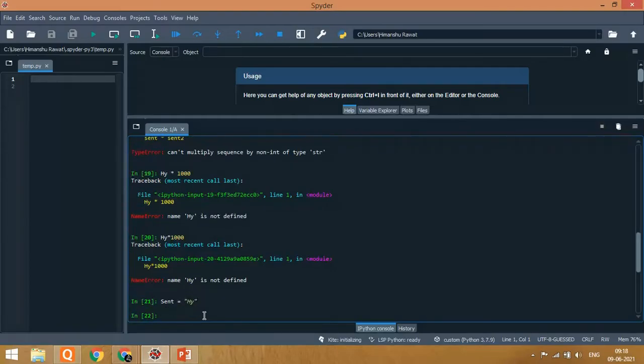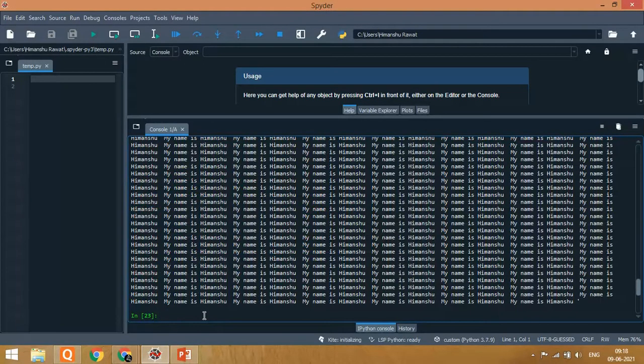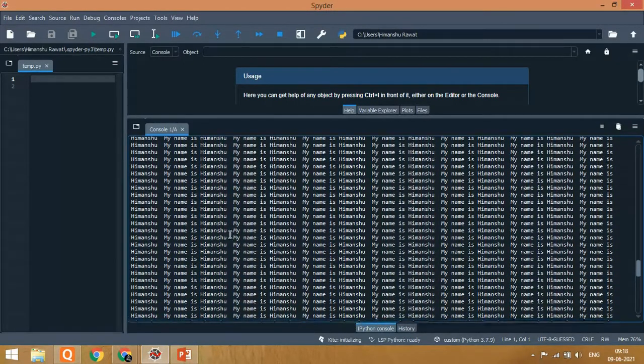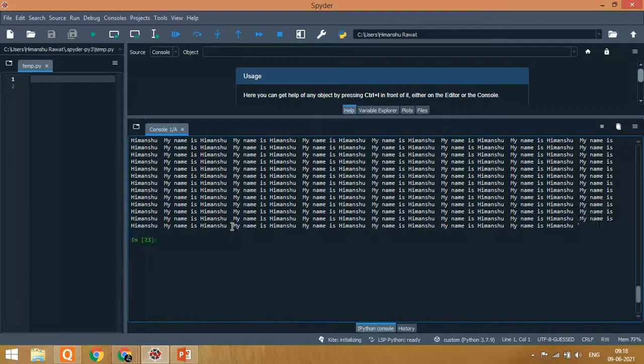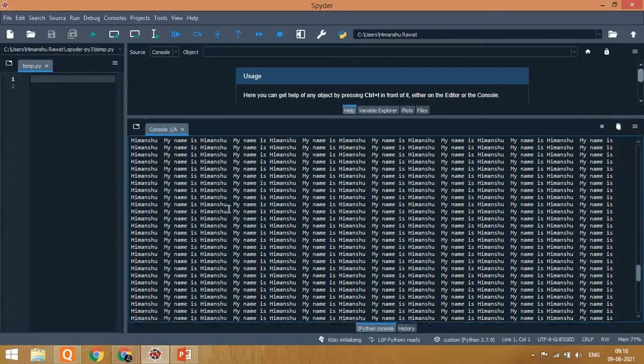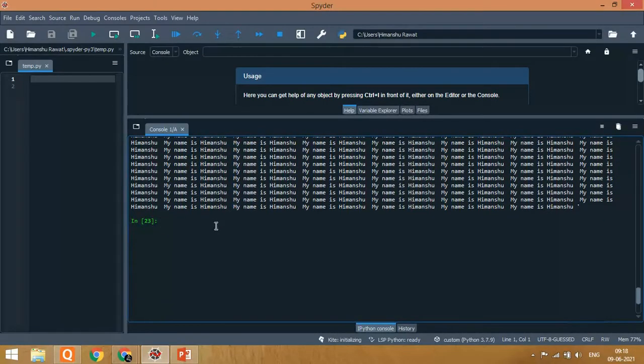Now we type sent asterisk 1000. As you can see, it is written 1000 times. So we learned that multiplication works with a string and a number, but not on two different strings.